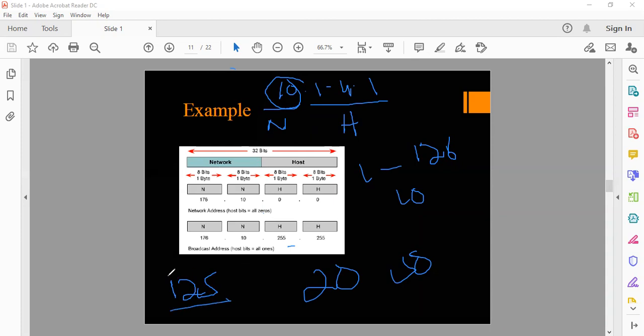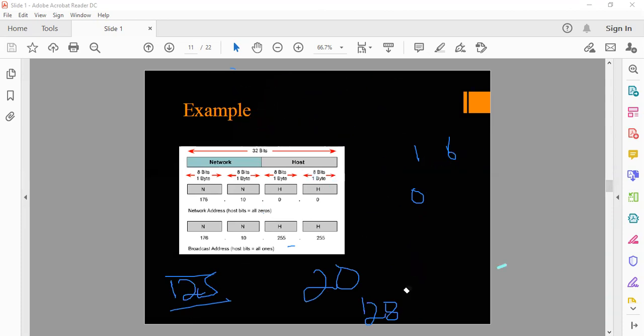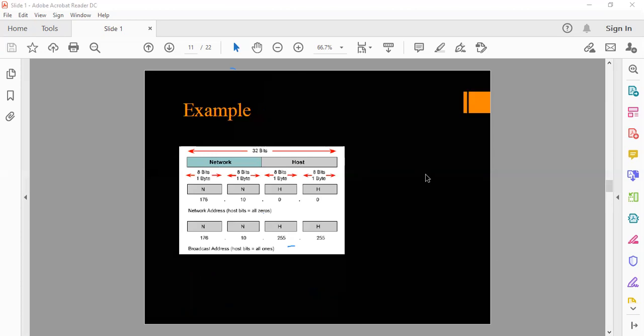If it becomes 128, it means it is class B IP addressing. You will judge the IP addressing from the first octet. Class B IP addresses are in the form of, suppose, 132.4.4.1. In this case we will observe that 132